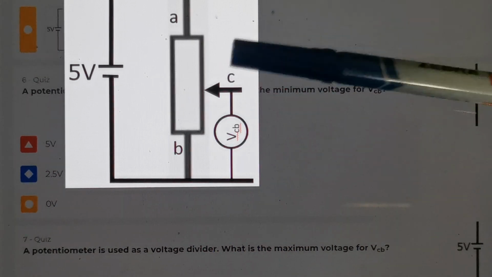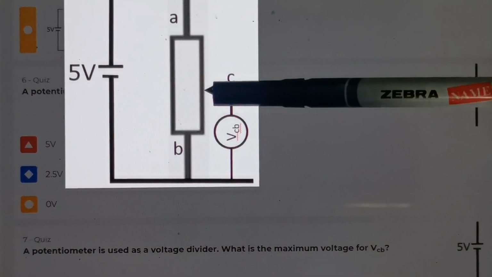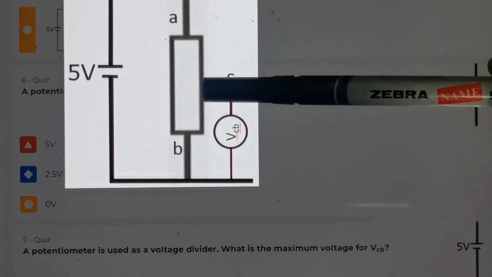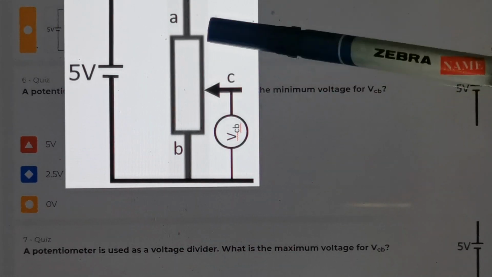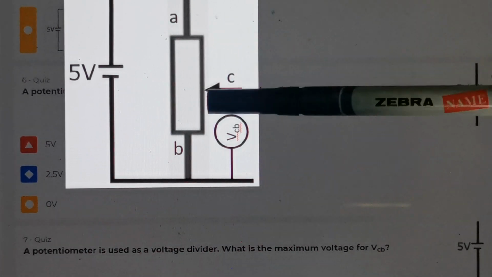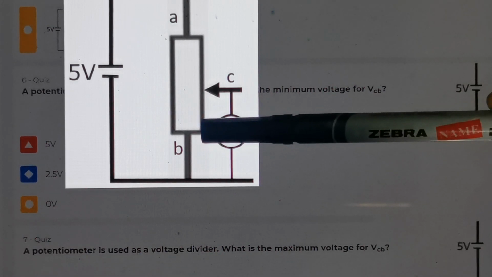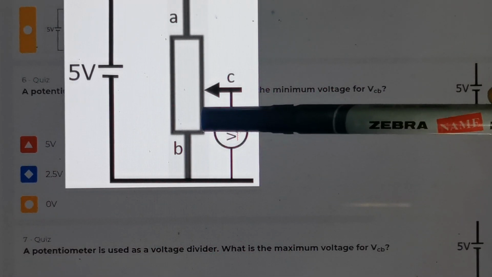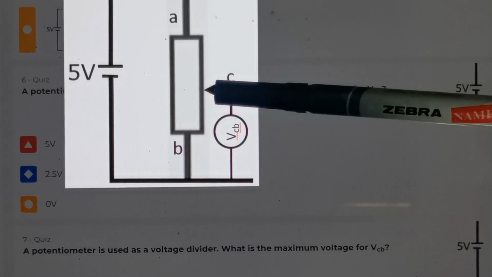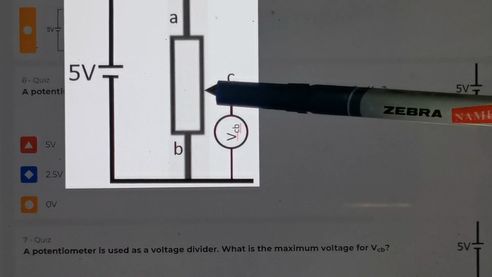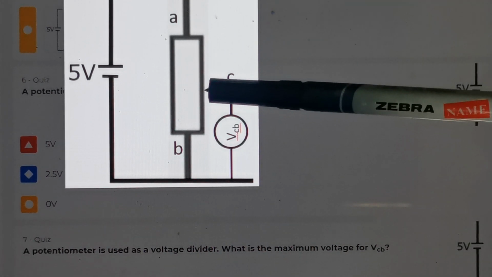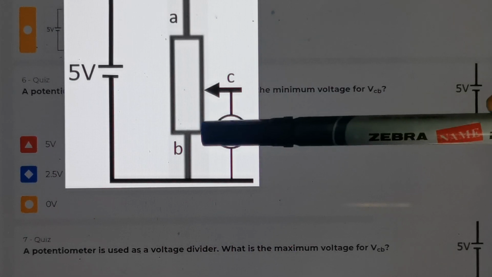Because with a potentiometer you can adjust the center terminal, the center leg, you can move it all the way here or all the way here. So they ask you what is the minimum. As we know, the minimum voltage will go with the minimum resistance, right? So if you move this point all the way here,